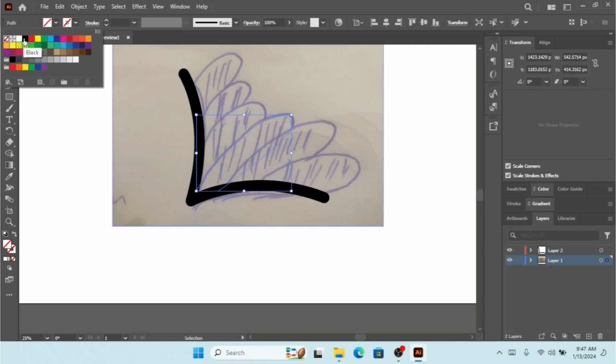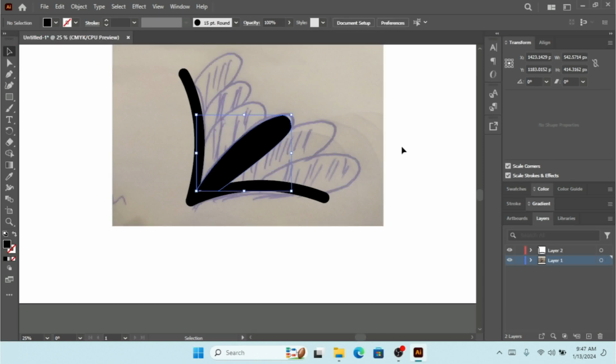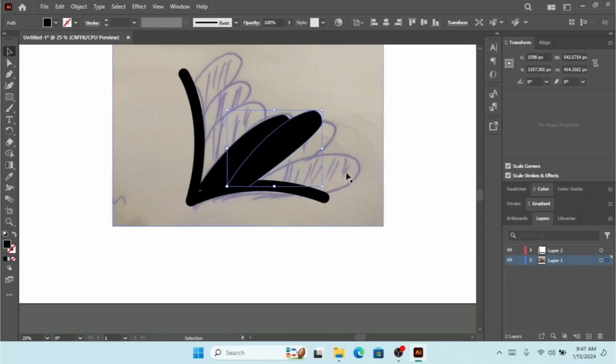So now let me fill it with a color. Now we are going to make some copies out of this. We don't have to sketch all of this. So we're going to make a copy. And also you should fix the sizes when you try to